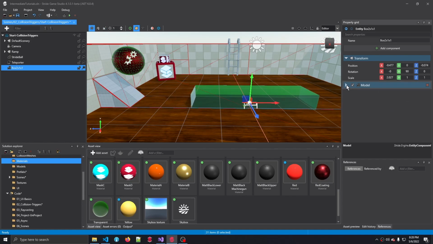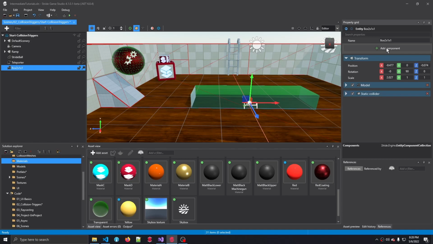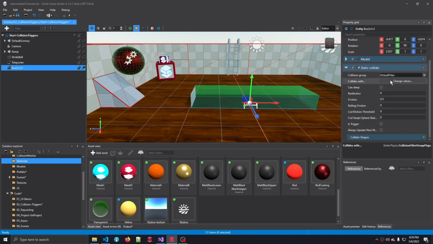There we go. And now let's go to Components and add the Static Collider, which is quite similar to a rigid body, with the only difference that it's a static physics object. It stays still in our scene. It doesn't fall to the ground, so that means it's not being affected by gravity, but a lot of the properties, just like with this rigid body, still apply. So if we open this up, notice how we have a lot less options than with the rigid body. We do still need to set the collider shape, so let's click on Add, and this time we click on